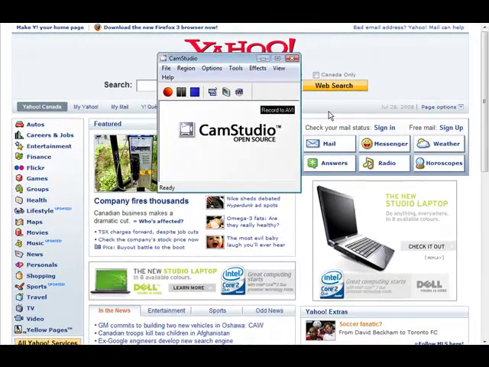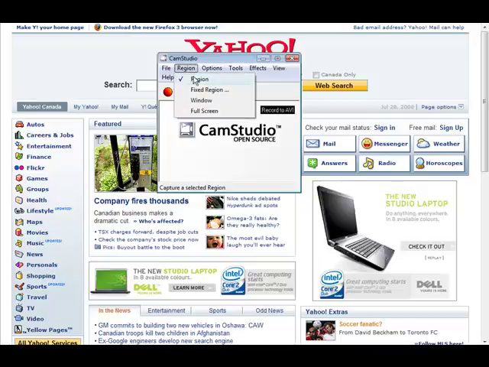Now that we're all set up, it's time to record our screen. If we set up our shortcut keys, we don't have to use any of these here. We can use what we set up in our shortcuts. Now remember our region, I said we would use a region, which is a region we can pick of any